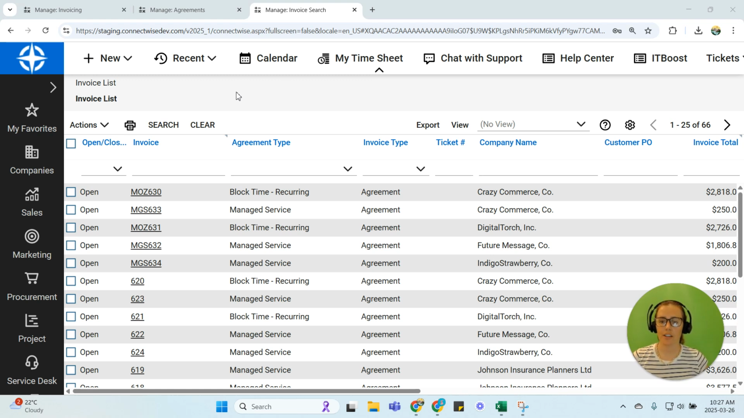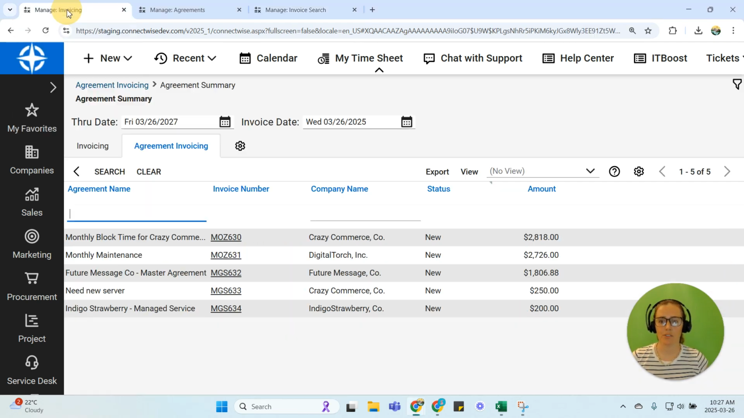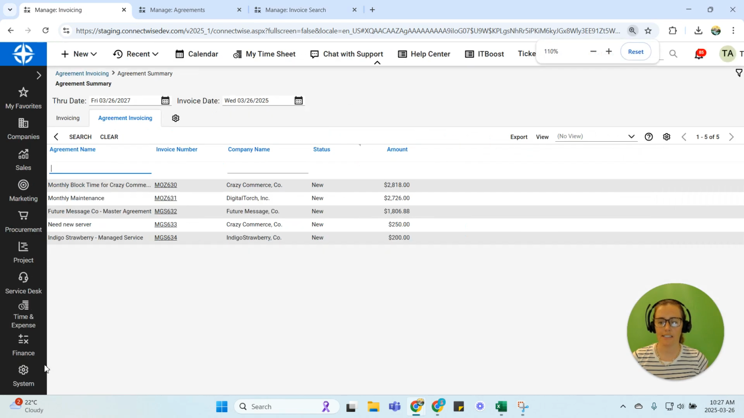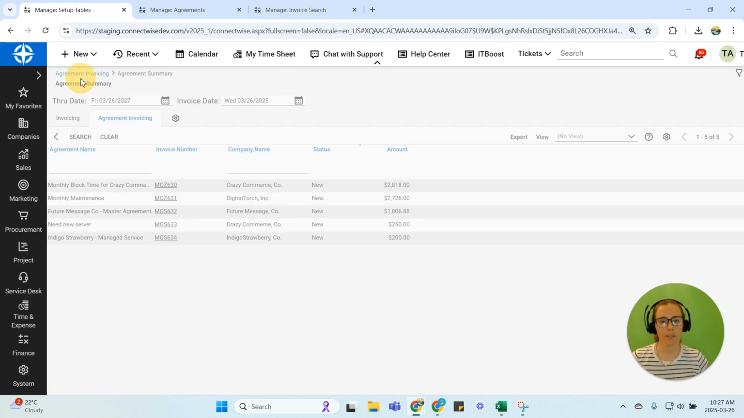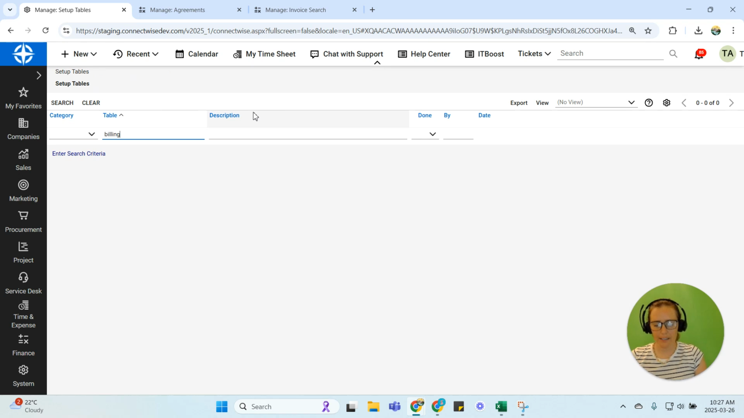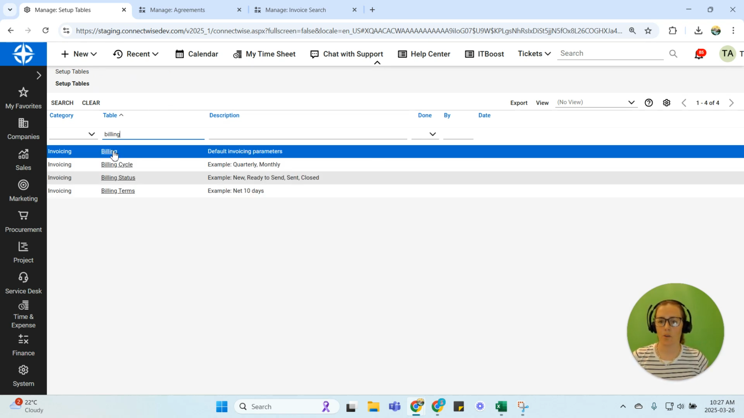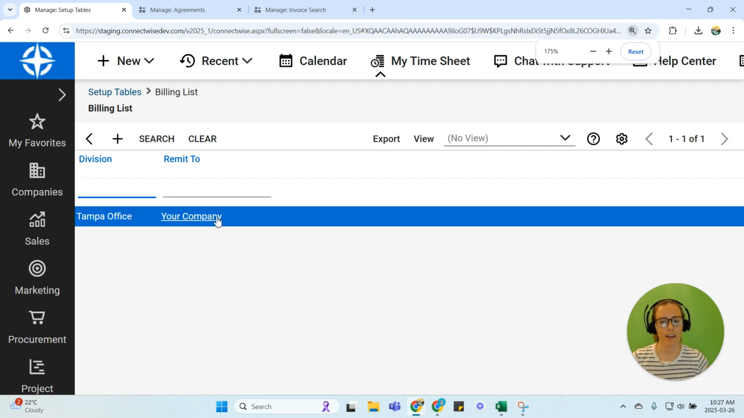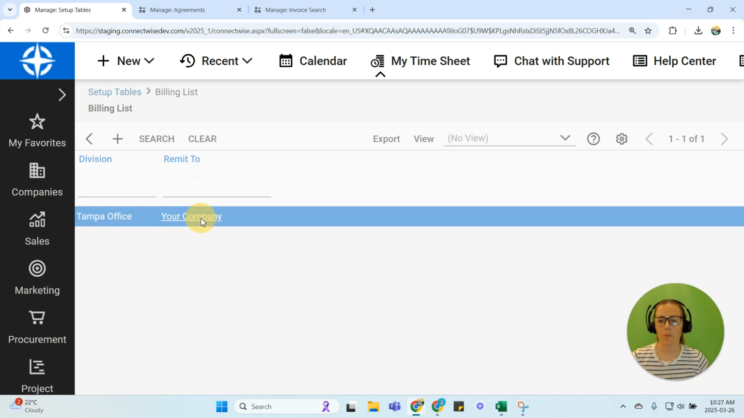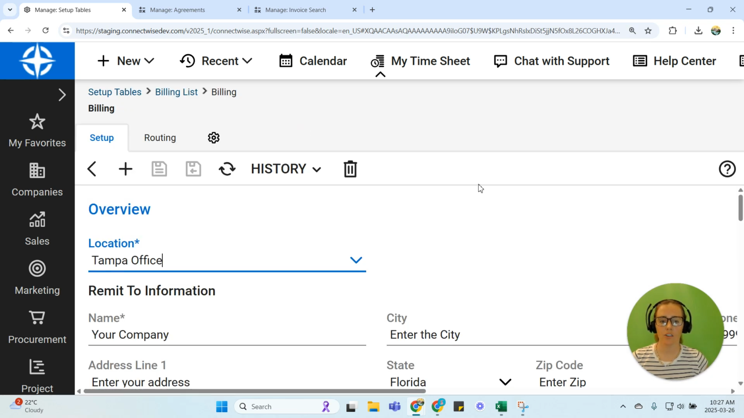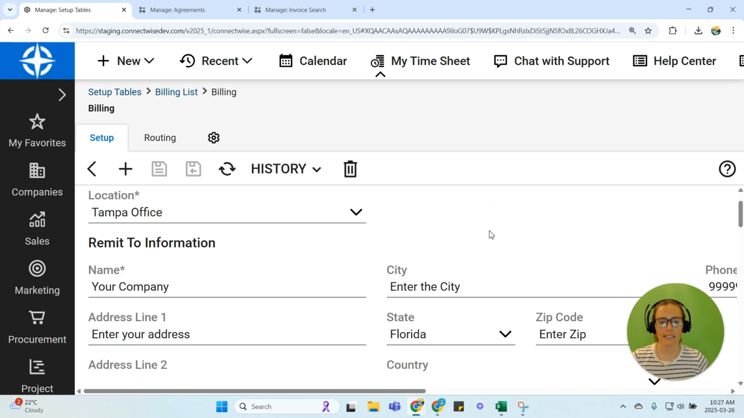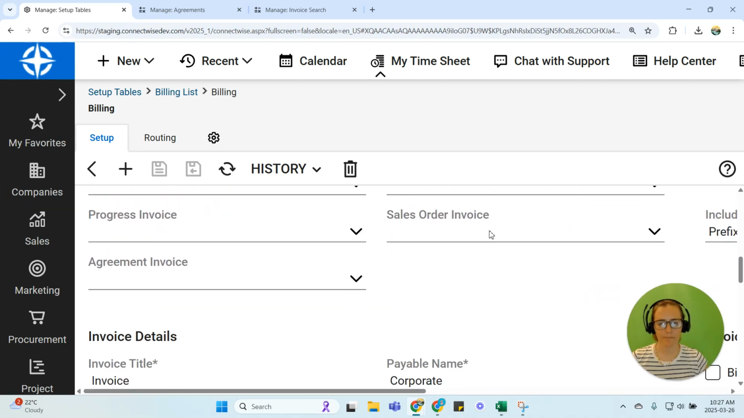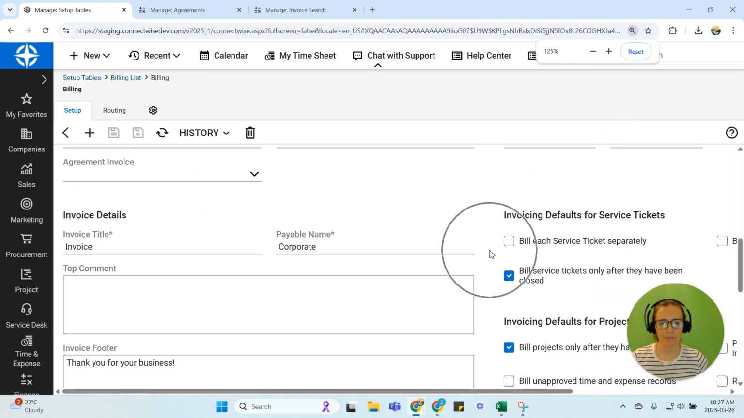If you want to change your invoice prefix for every invoice in your organization, you're going to do that in the billing setup table. So that's here under our system, setup tables, and then we're going to go to billing, and we're going to open up billing here. You'll have to do it for every location that you have. I only have one location, so I'm going to open up that location, and I'll scroll down to where it says prefix, and you'll scroll down and see here